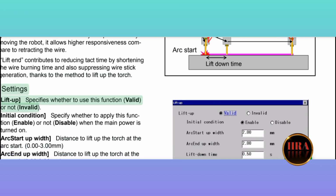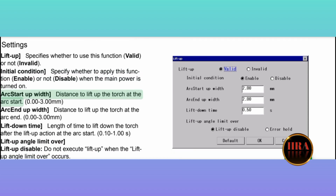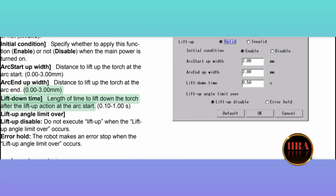1. Settings. Lift up specifies whether to use this function: valid or invalid. Initial condition specifies whether to apply this function (enable) or not (disable) when the main power is turned on. Arc start up with: distance to lift up the torch at the arc start, 0.00-3.00 mm. Arc end up with: distance to lift up the torch at the arc end, 0.00-3.00 mm. Lift down time: length of time to lift down the torch after the lift up action at the arc start,